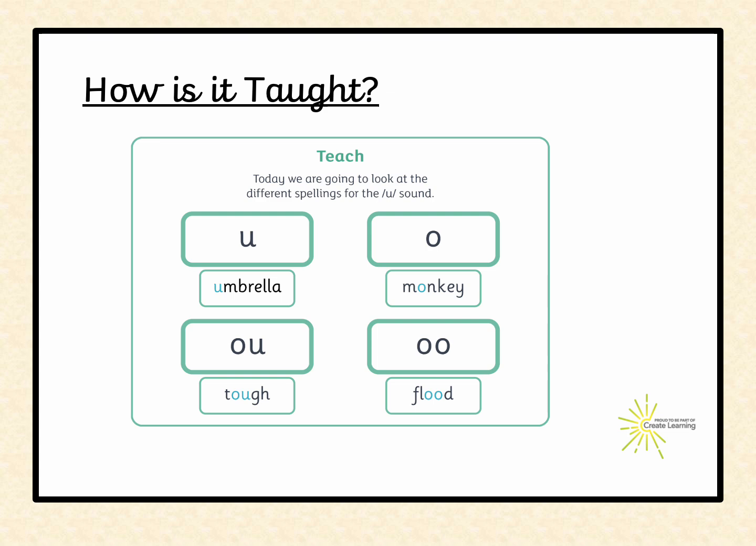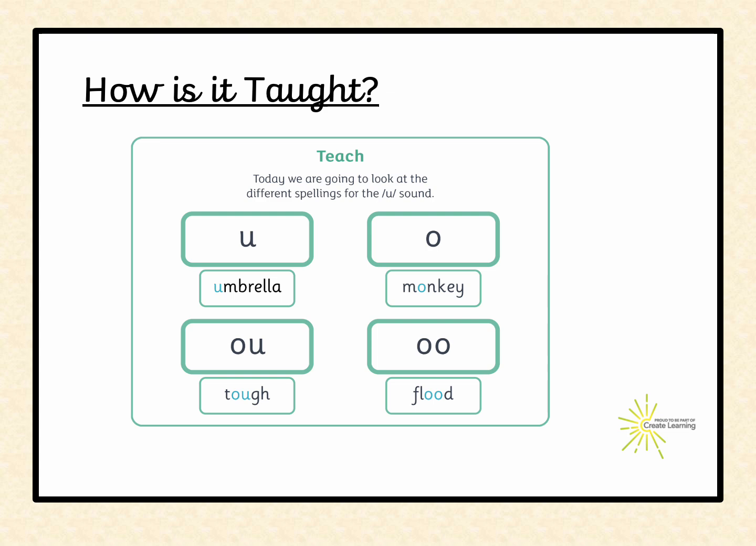So it says here we're going to be looking at different spellings for the sound. So what I would do first is show them all the different graphemes that can be used for the phoneme. So first we have the one we're very familiar with already, and we have a word that they'll be familiar with, umbrella. And then we have here, O, for monkey. So they start to see already that words like monkey are spelt with an O as the phoneme, not the usual